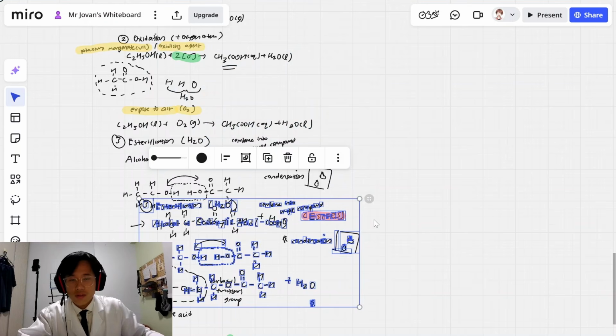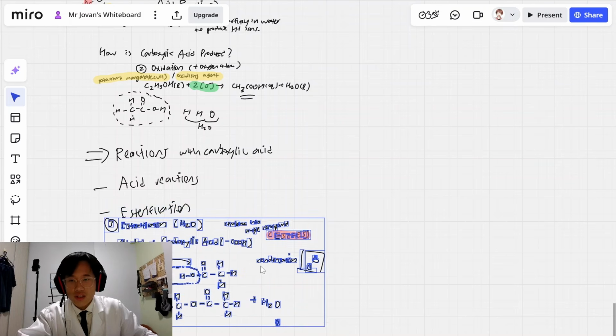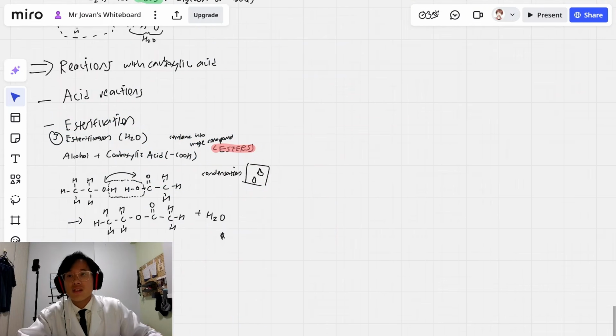Alright, so there's nothing to be afraid of. Organic chem is all about finding that linkage. Okay, so this is esterification. Now let's do the